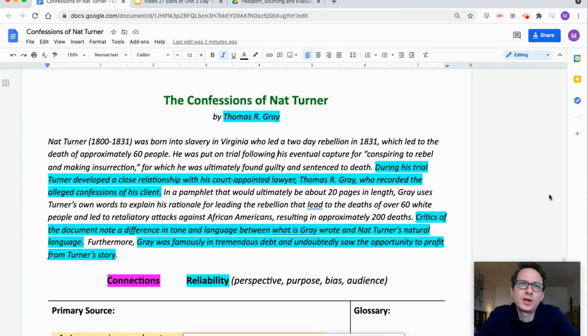So here's what I noted in the headnote. First, I did think it was a little strange that these were the confessions of Nat Turner, but they were written by someone else named Thomas R. Gray. Now, I don't know yet how this will impact its reliability, but it is definitely something to note